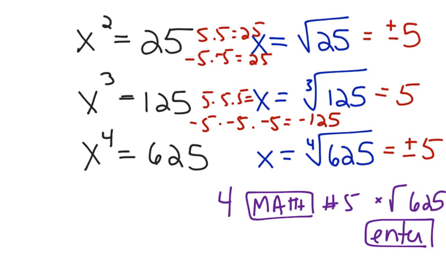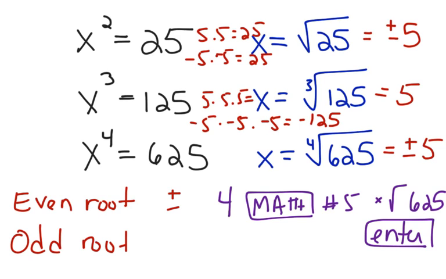So the pattern that's emerging here is that when you have an even root, the answer is going to be plus or minus the number, because an even number of positives when you multiply them is a positive, and an even number of negatives when you multiply them is a positive. However, if you have an odd root, your answer is either positive or negative, depending on the sign of the radicand. What's the radicand? Well, in